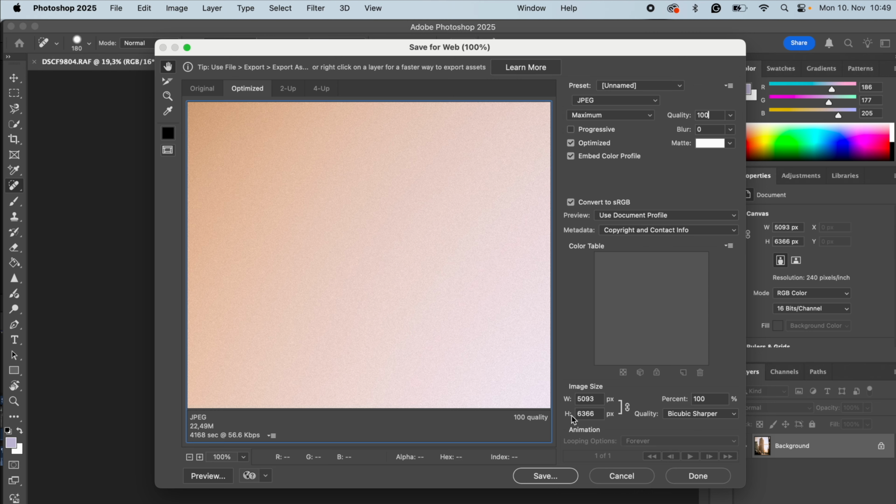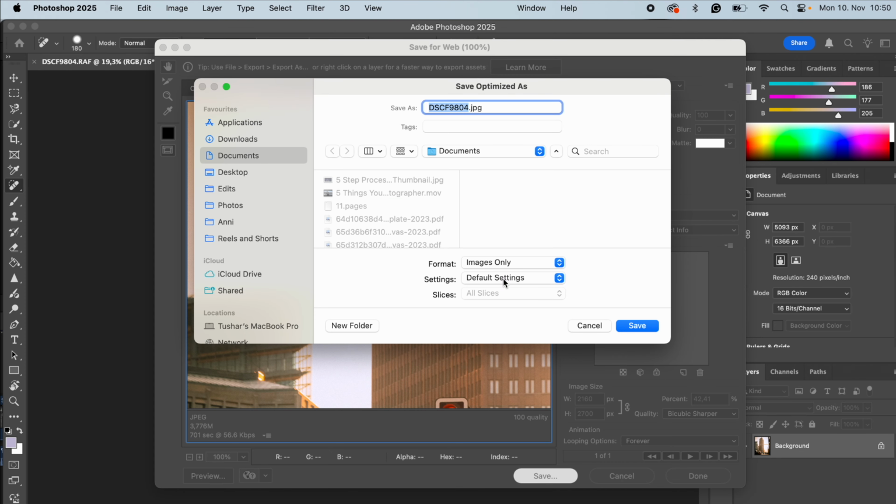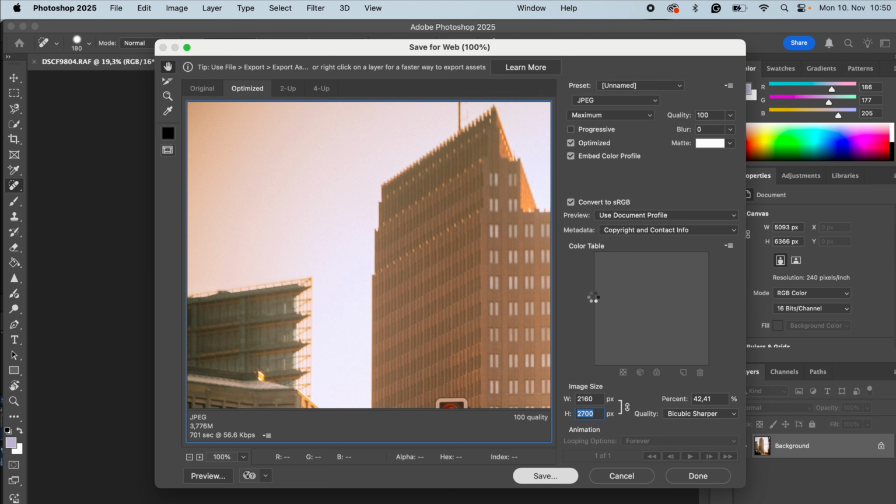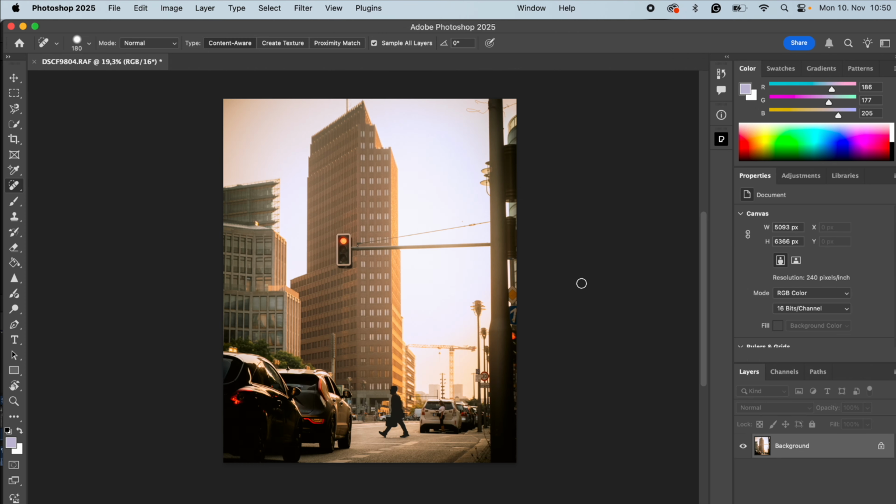Last but not the least is image size. Match the export's dimensions from step 1 here. This is the key to keeping your images sharp. So for portrait, we will use 2700 pixels for long edge. For landscape, we will use 2160 pixels on the long edge. Once everything looks good in the preview, hit save and choose your destination. That's it. Now you have got a high quality JPEG that's perfectly optimized for Instagram with rich colors and minimal